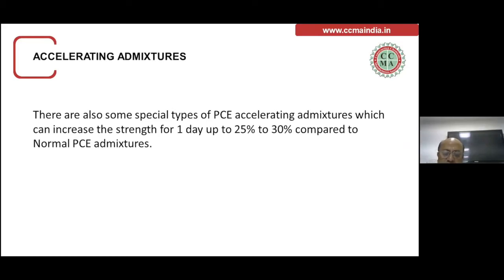It is basically possible by the PC manufacturers, where generally they can reduce the branch chain polymerization. See, PC is a vast subject. Practically, polycarboxylate is a very vast subject, and various structures, various polymerizations, permutations and combinations are possible. So people are trying to see how it can be possible to make such admixtures, PC which can increase the strength as usual without adding extra ingredients,